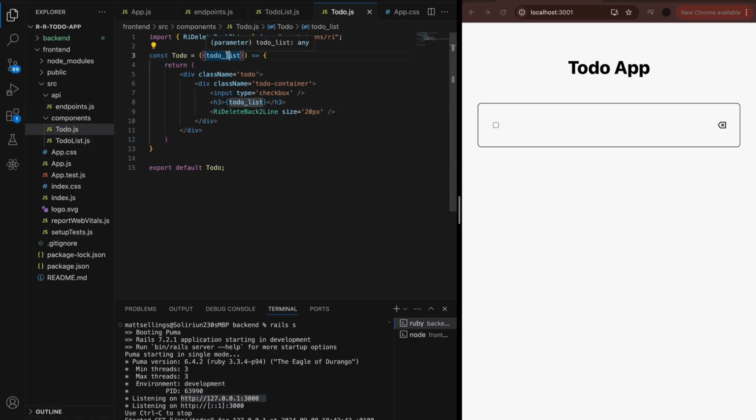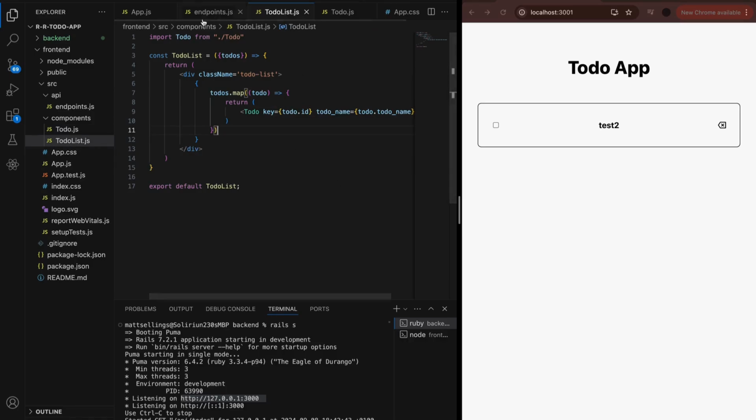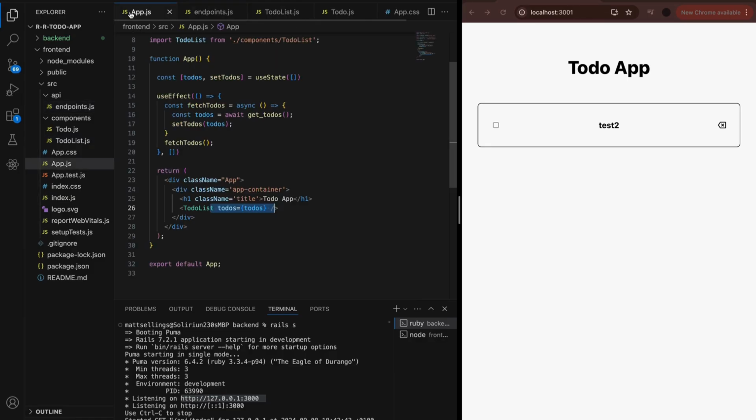Sorry, not to-do list. That's wrong. To-do name. Sorry about that. There you go. And it actually works. If you remember, we deleted our test1 and we changed our test2 to be true and all that. So we successfully grabbed all the to-dos in our database, and now we need to actually make it so we